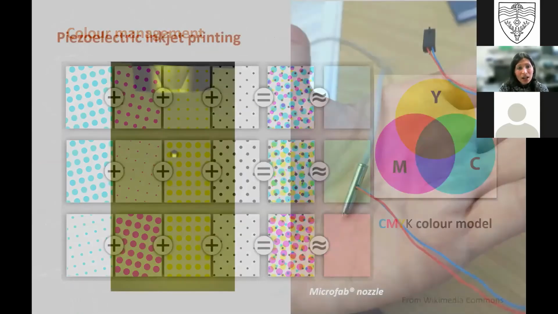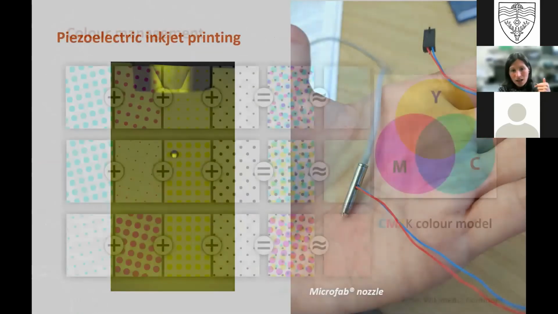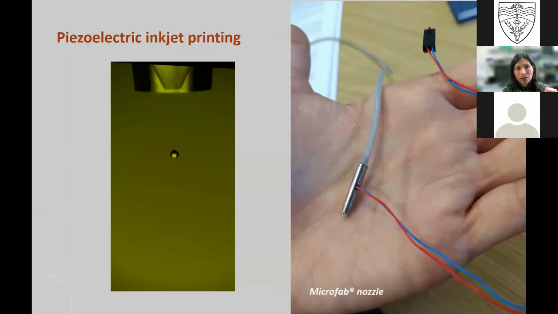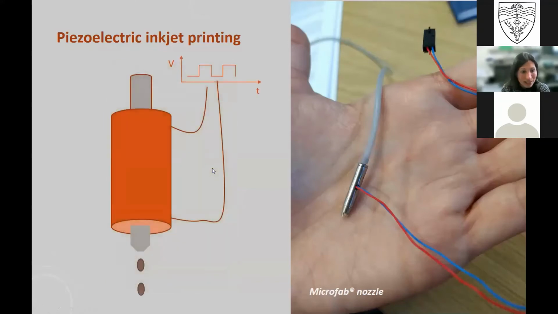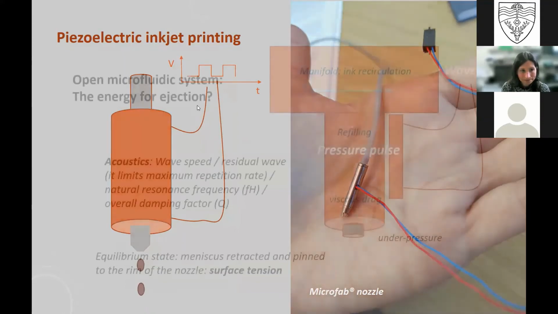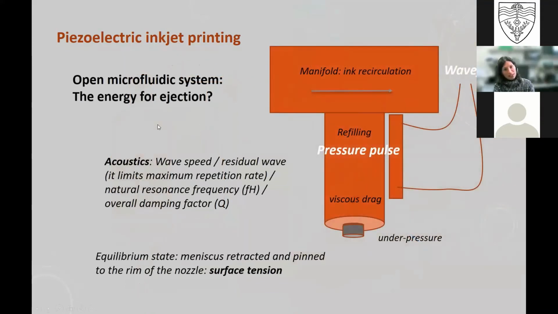Okay, so this is basically my hand and a small printing device with a single nozzle. So it's basically a capillary. Sorry, I didn't put the scales, but that's about 120 microns. So that's probably, I guess, about an 80 micron drop. So basically it works by squeezing a capillary glass, in that particular case, with a piezoelectric device. So the input would be electrical. So this works as an open microfluidic system. The energy for ejection, you get it again from that waveform I was mentioning, so